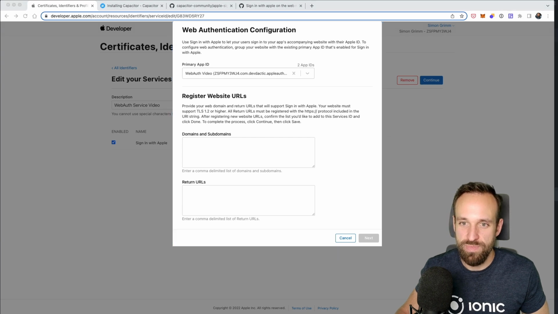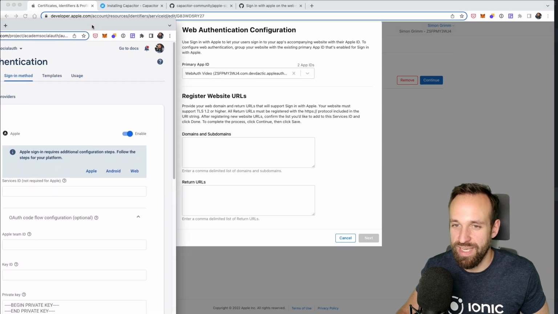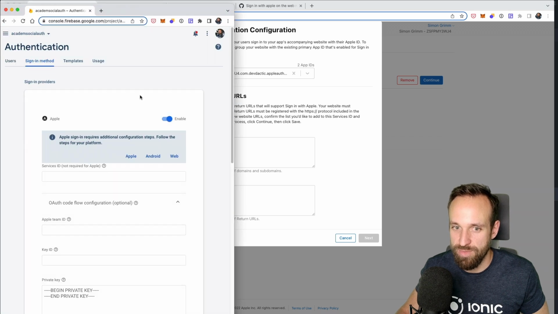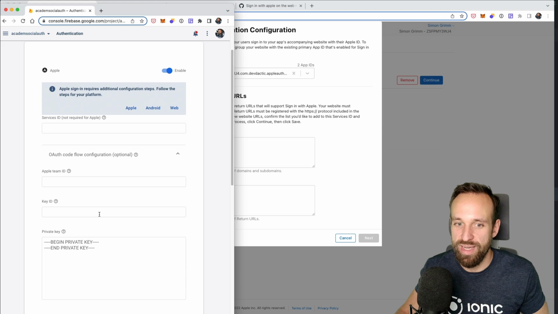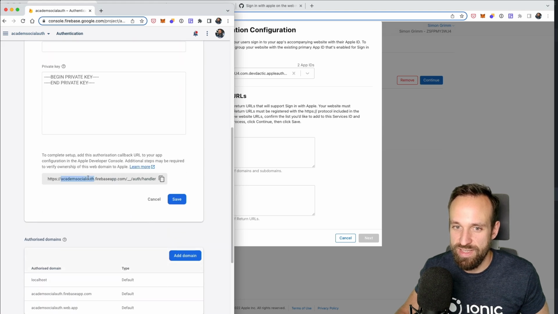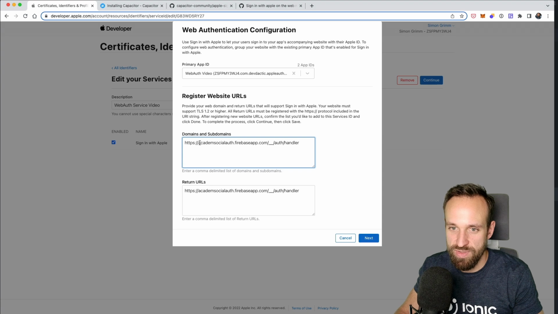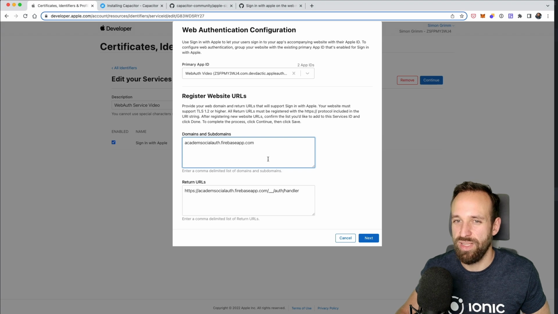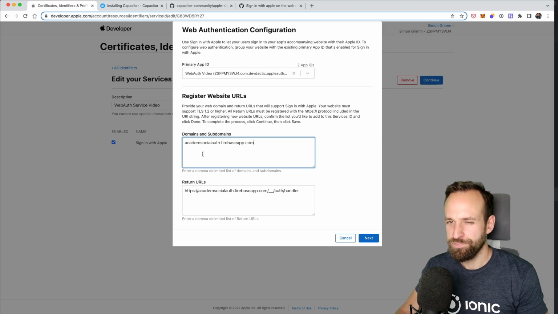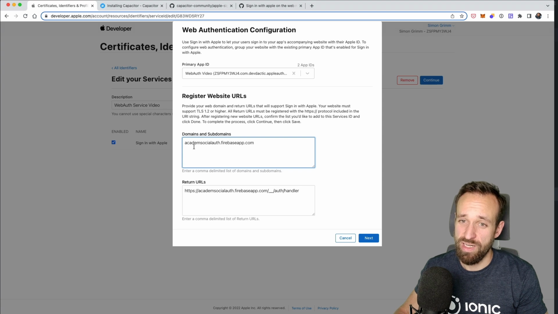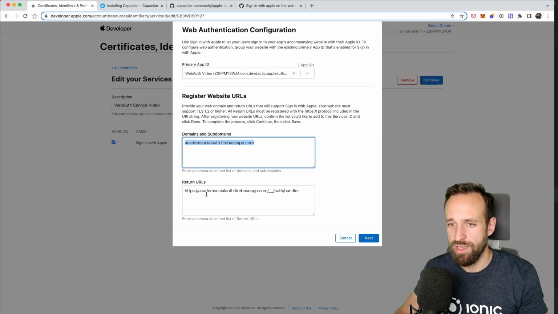Now it gets interesting because we need to register web URLs, and those come exactly from our Firebase project. So right here is the domain that's usually used as a redirect URL. I'm gonna put it in this one, and I'm also adding the domain in here. I'm not sure if this is completely required, but I felt good about doing it. Of course, if you host your application in the end on your own page, I think you should add your own domain here. And for the return URL,